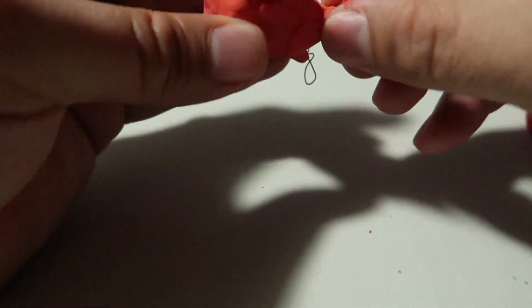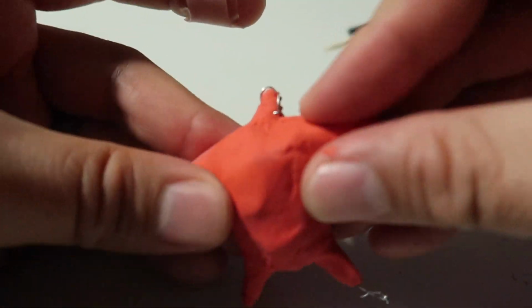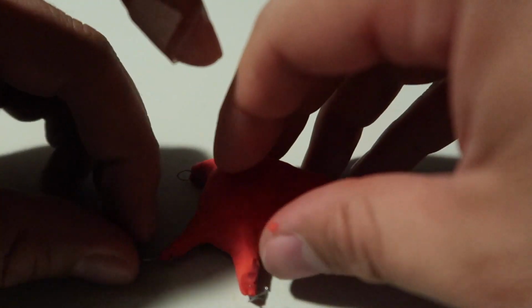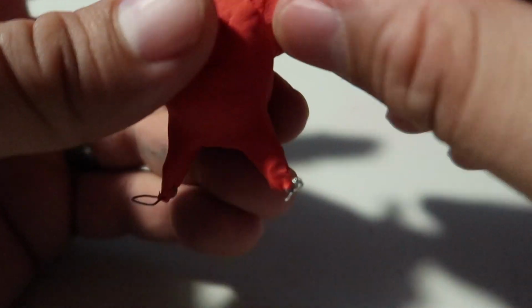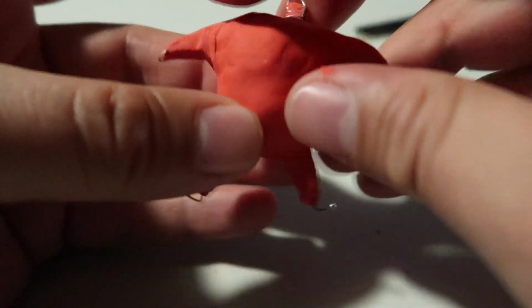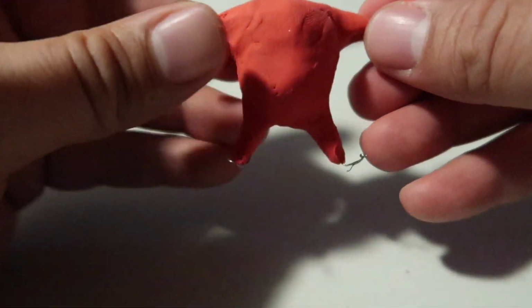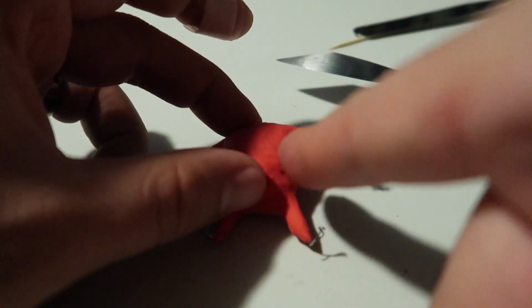It basically turns into a puddle of whatever array of clay colors you put into it. That's basically what it looks like. This particular creation that I made completely melted, and all you could see is his little eyeballs and his face, and the rest of it was just a puddle of clay. So that's the major difference between modeling clay